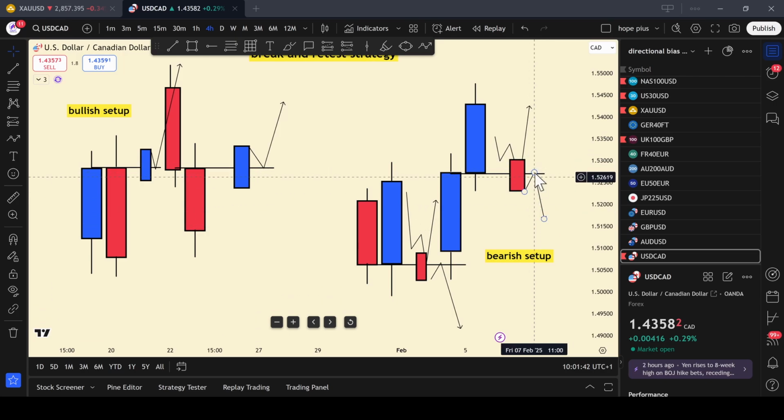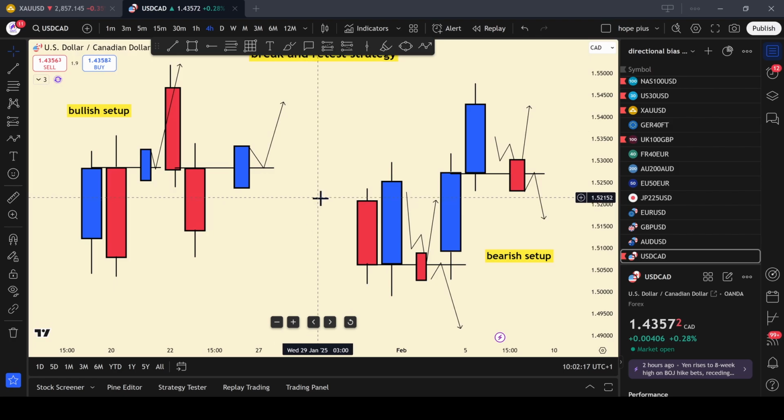All right. So how you enter the trades here, it all depends on your entry model. You can simply use the chart patterns that you know. You can use a CHoCH within the lower time frame. You can use bullish or bearish engulfing around this area. Whatever you want to use, you can use the Fibonacci. There are a lot of entry techniques you can use within this level. This level simply gives you a high probability level where price will respect, because the price respects the opening price